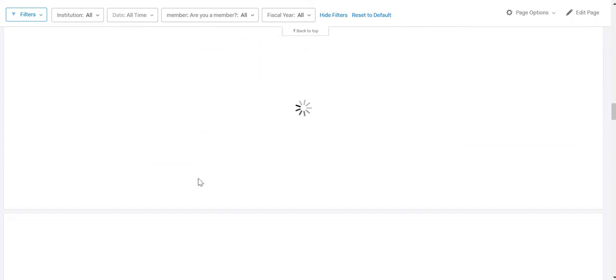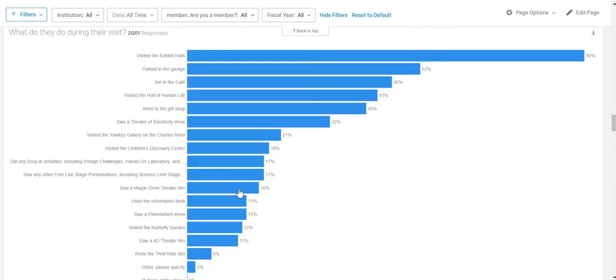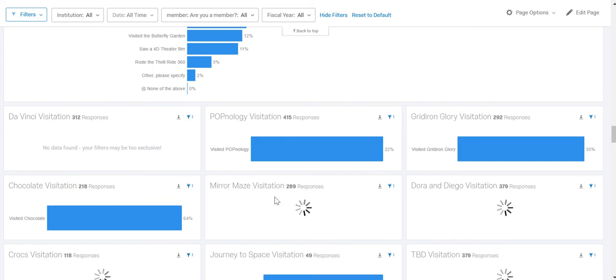And this chart, showing what did they do during their visit, which applies only to the Museum of Science because these are just our experiences here. So we can look at what people who visited the Museum of Science did while they were visiting. And then as an example, if you happen to have any temporary or traveling exhibits, this is where you